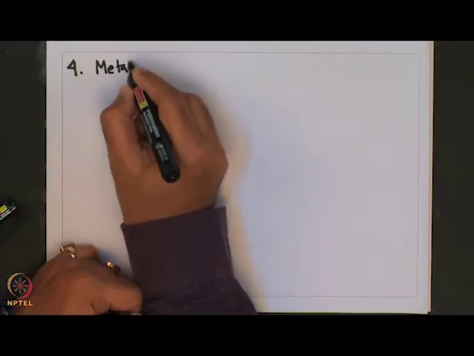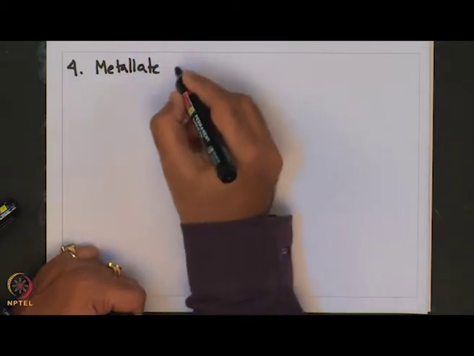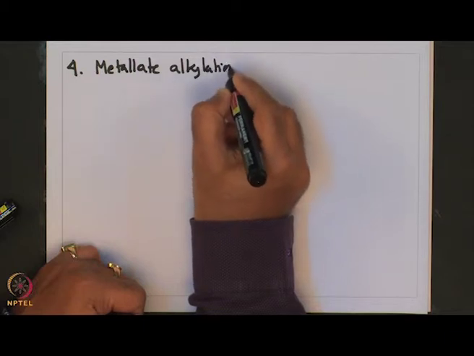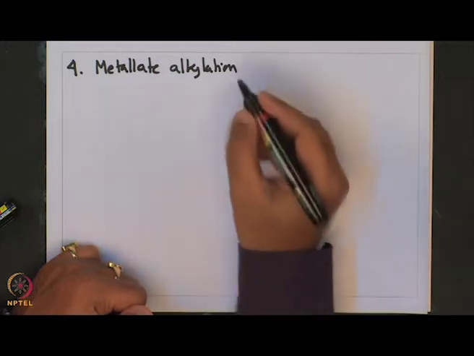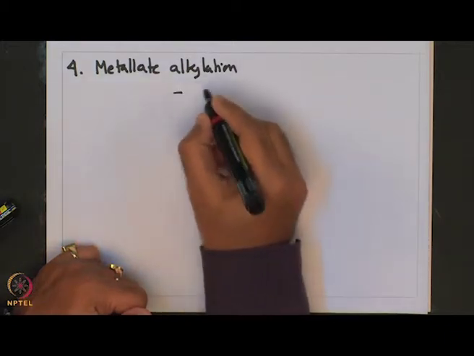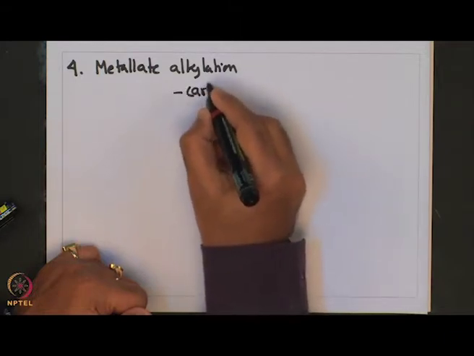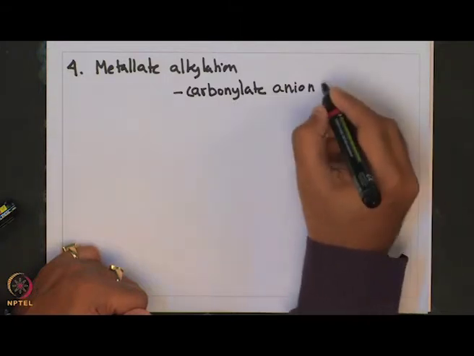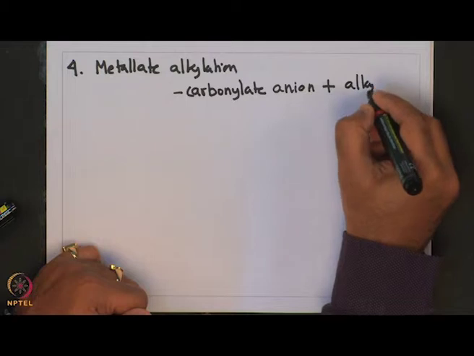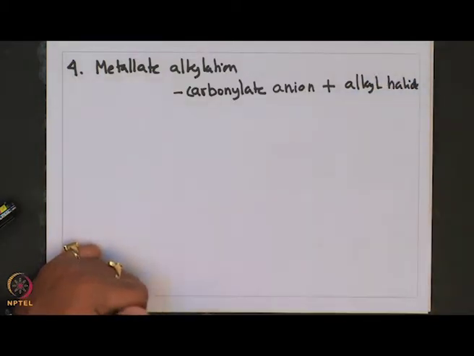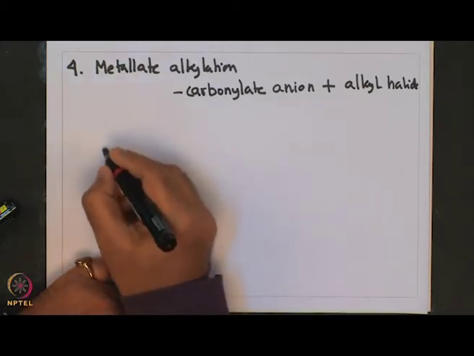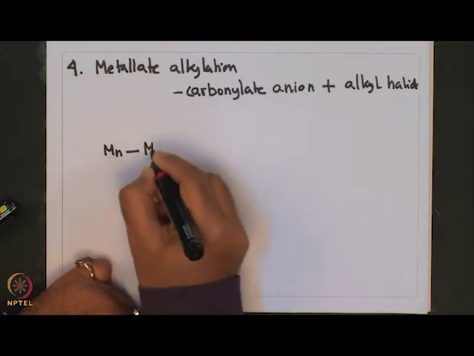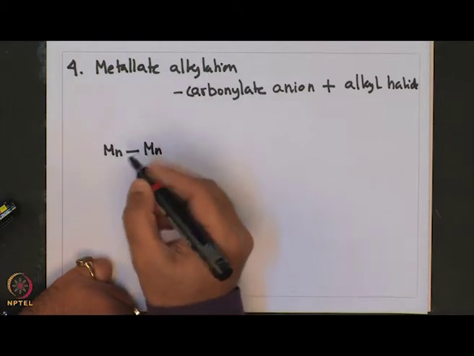This method is called metallate alkylation, and involves reaction between a carbonylate anion with an alkyl halide. An example of this is given here. We have a manganese pentacarbonyl dimer